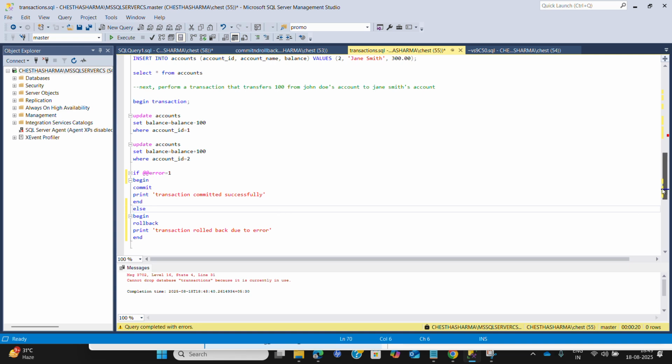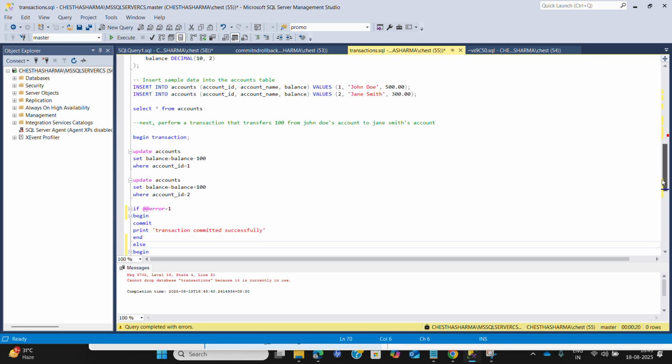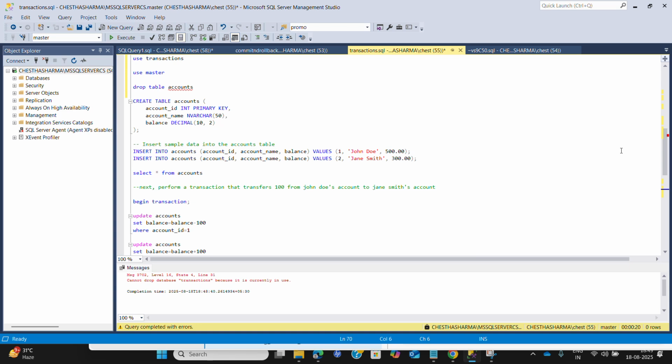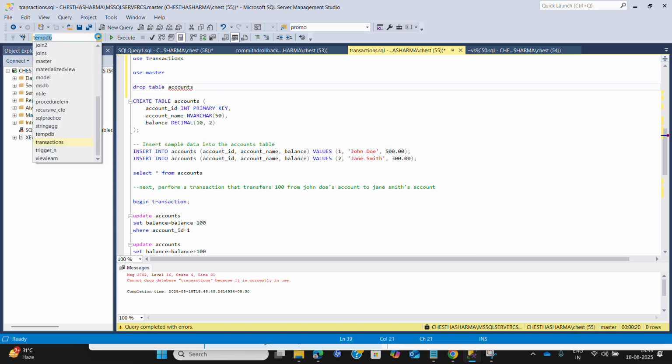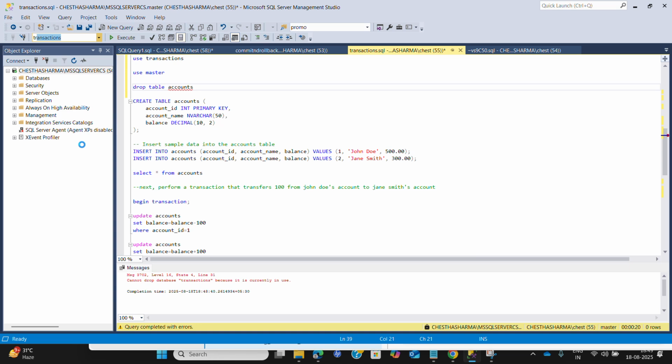It is already there, so let me keep the database and just drop the table only. I'll use this transaction database and here I will create the table. Oh, it already exists. Sorry, that was my mistake. Let me drop this.